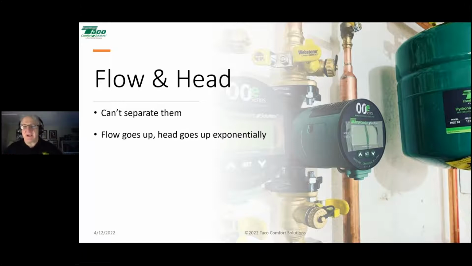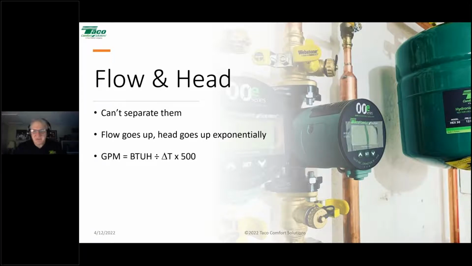As flow goes up, head loss goes up exponentially. It goes up by a function of the square of the increase. And we're going to show you how to figure that out. We're going to show you how to figure out flow, and then how to figure out the head loss, and show you what happens to head loss when flow goes up. So flow goes up, head loss will go up